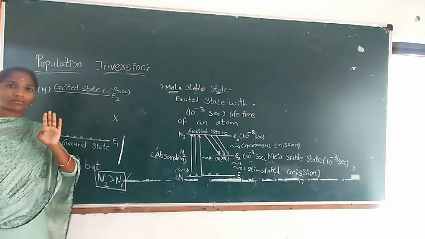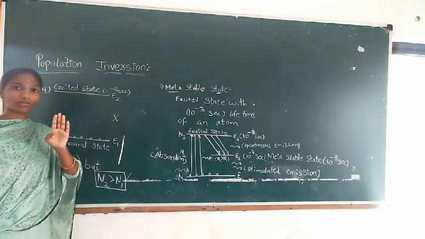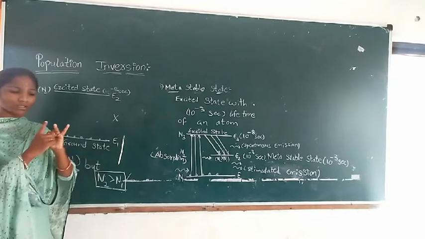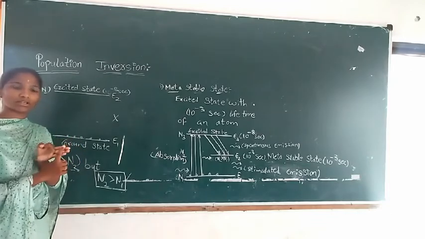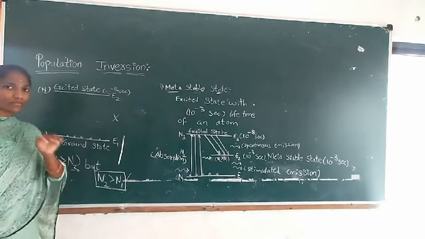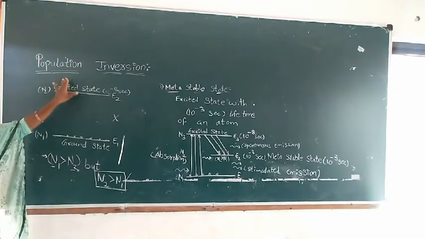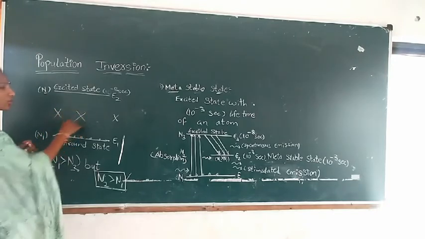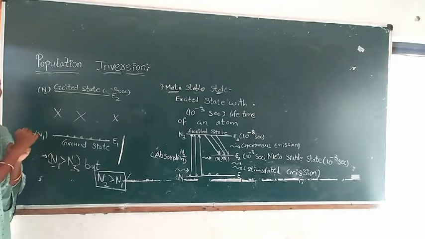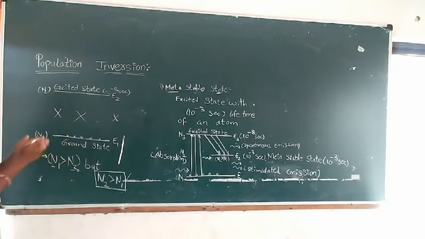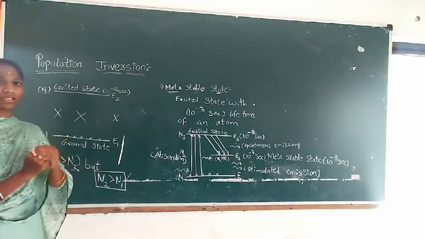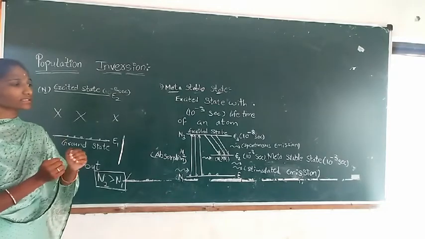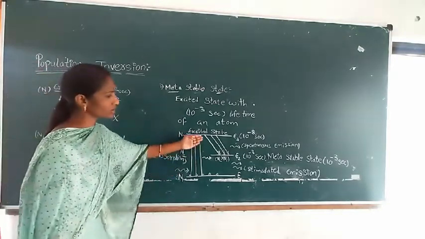You should know that the laser works depending upon four factors: absorption, stimulated emission, spontaneous emission, and population inversion. But population inversion fails to be achieved in the two-level laser system. So it is not possible to achieve population inversion in a two-level laser system. So by using one more level, let us consider 3-level laser systems.